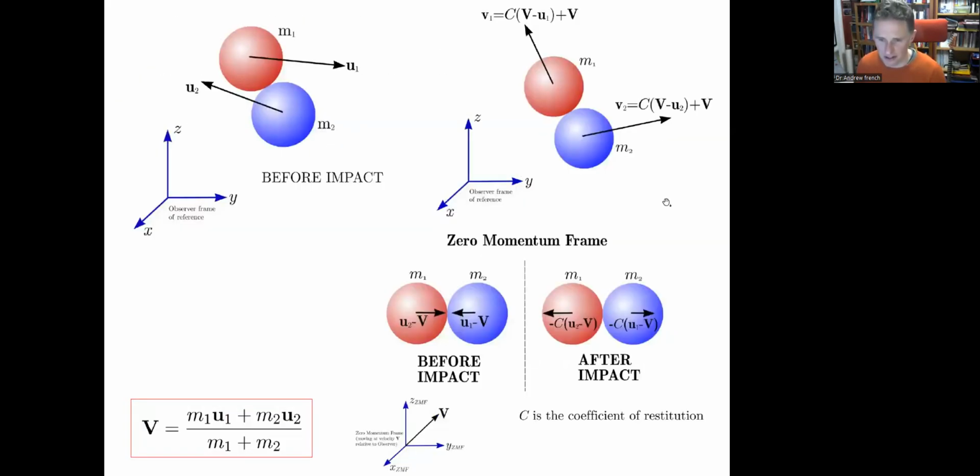I hope that's clear. You probably want to have a go in slow time and definitely try and prove that the velocity of your frame of reference has got to be this, such that the total momentum of your frame is 0. Okay, try that out. Any more questions? Yes, there were some.